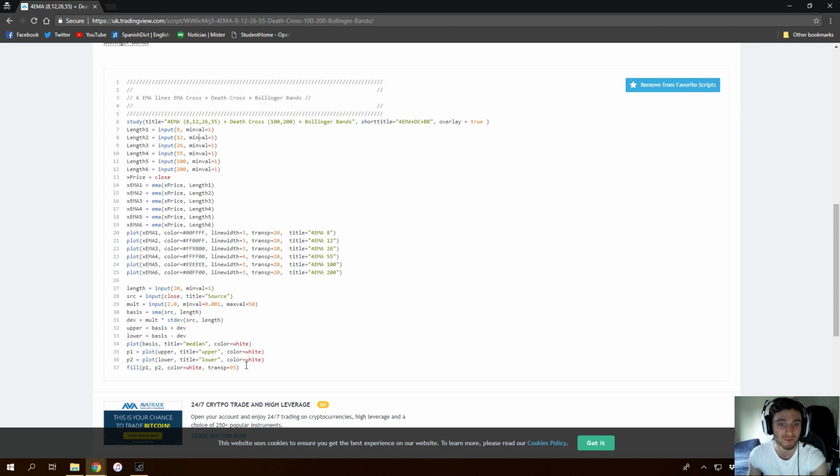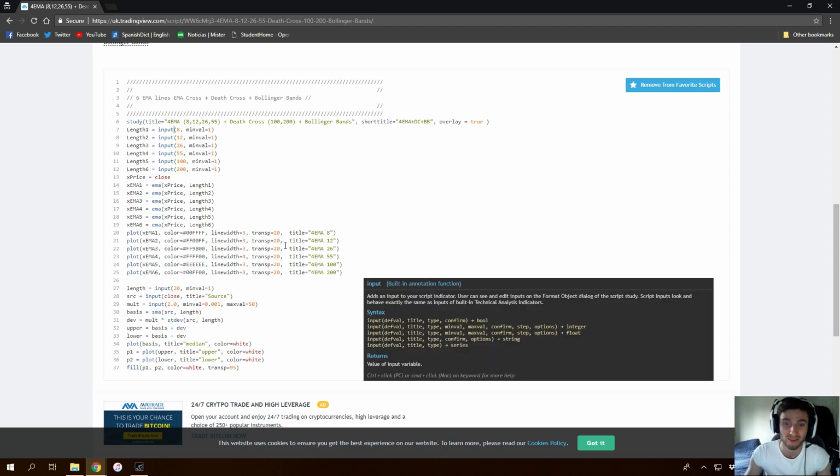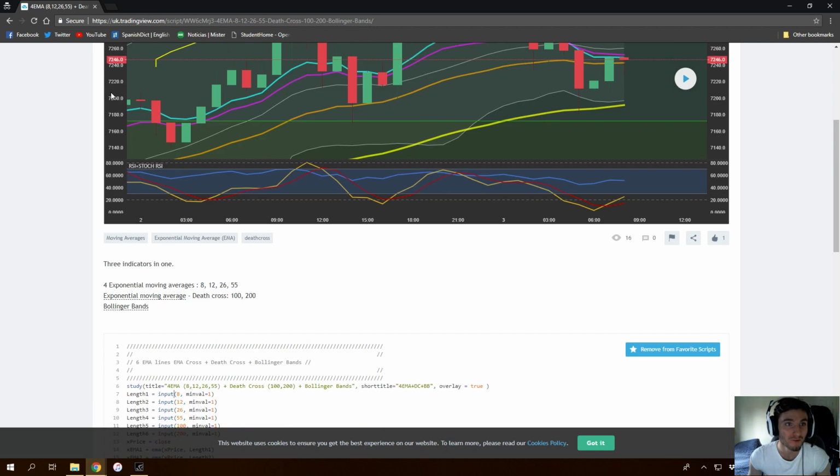and also I have decided to leave this as an open script, so you can see the script exactly, and if you feel the need you can change inputs here. For instance, if you want to use a different moving average, you would just take this script here and copy it into your own editor and save the script and upload it into TradingView where you can use it yourself. But personally I feel these are the best moving averages to use for cryptocurrency. Obviously if you're in a different market then feel free, but with that said,